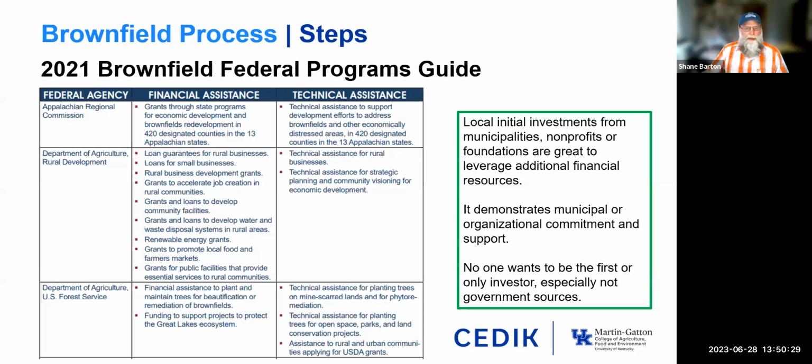Yeah. And one thing I'll add here is that what you see on the left is really just a screenshot of one page. The program guide has probably 5 to 7, 8 pages of different federal agencies' funding sources that play well with brownfield funding, because if you've messed with federal funding, sometimes they don't always play well together, but this guide really aggregates all of those sources that do play well together.